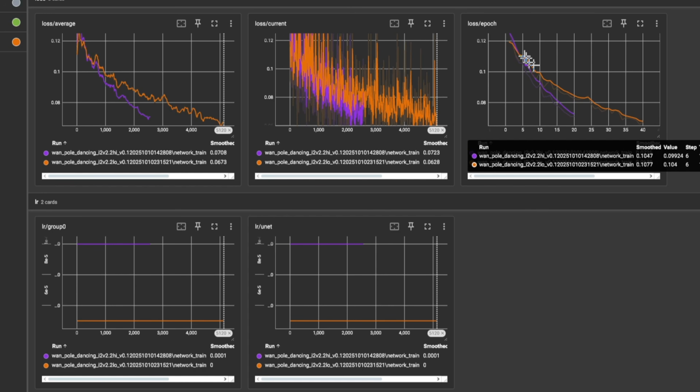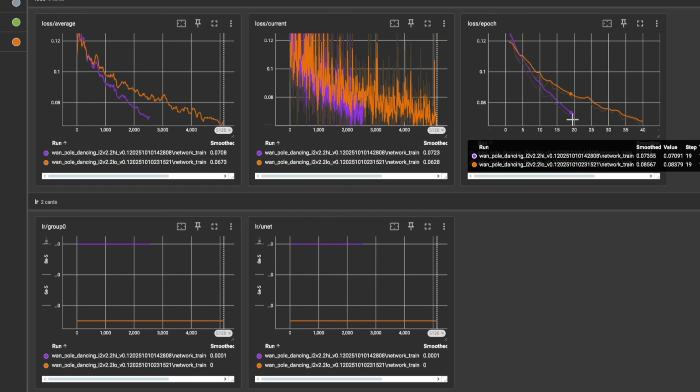Generally speaking, our loss curve wants to fall, but that's not always the case with WAN. It might not fall, but you'll still get good results. So if you're not getting a reduced loss curve, don't dismiss it. You might still have got some good training, but generally speaking, it's basically saying my